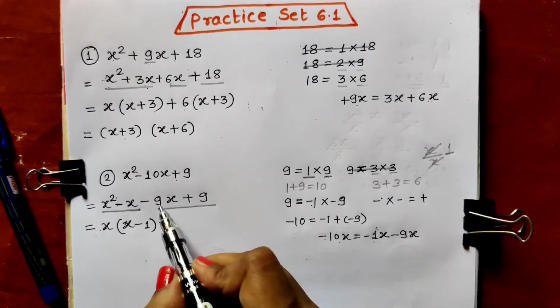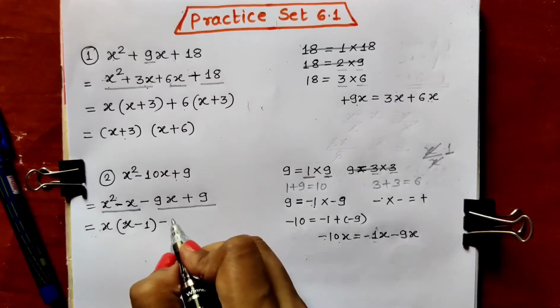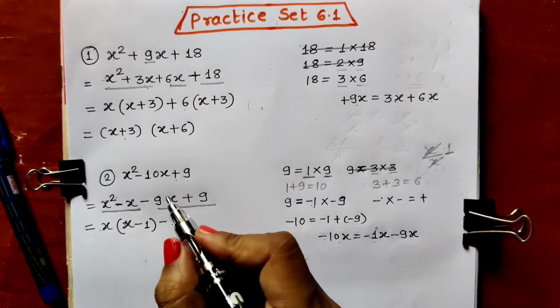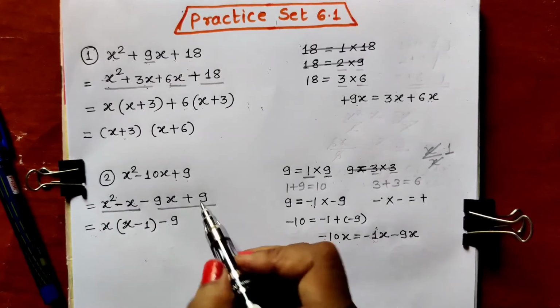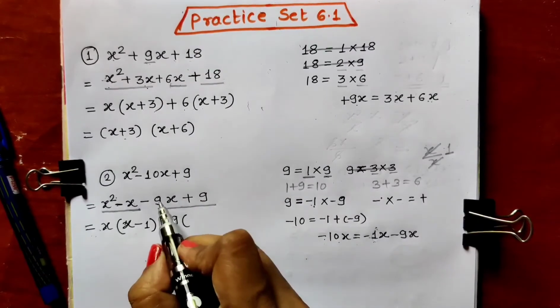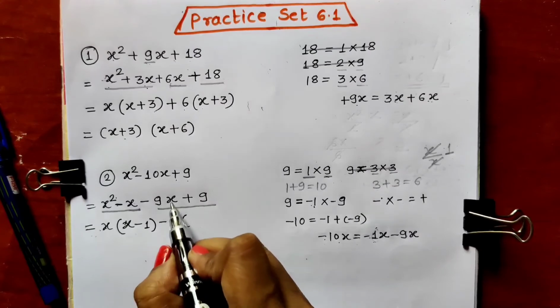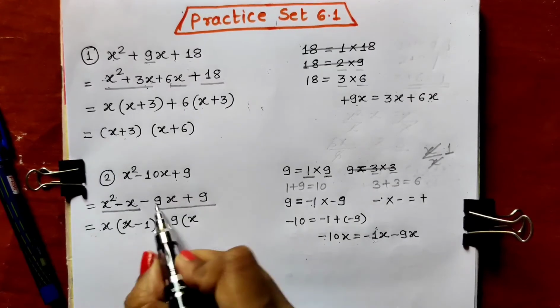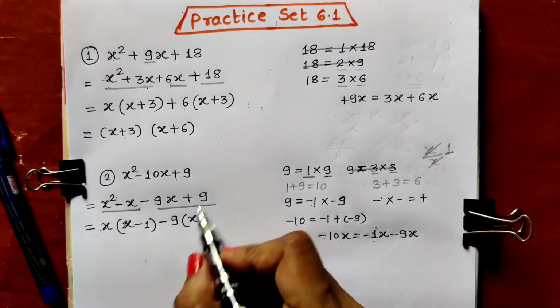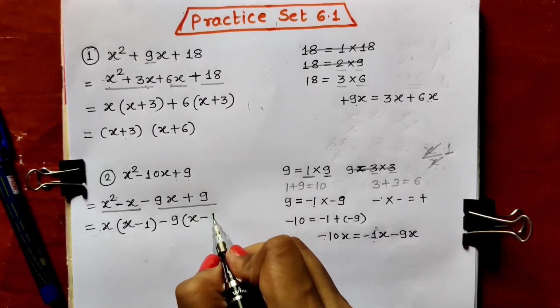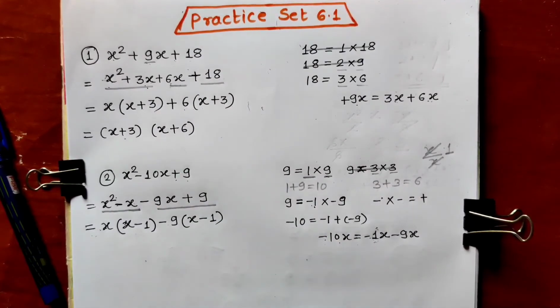From the third and fourth term we can see that 9 is common, so take out 9 because 9 is divisible by 9. Here 9 is taken out common from the third term, x is remaining. Minus plus, we have to give the minus sign. 9 divided by 9, 9 ones are 9. We will get 1 as the answer.